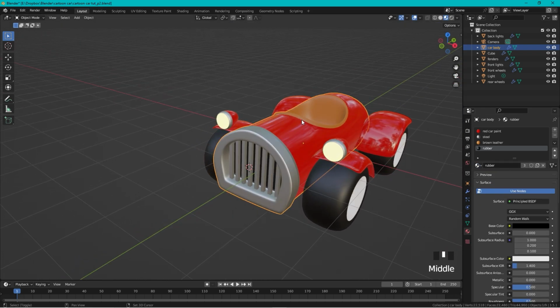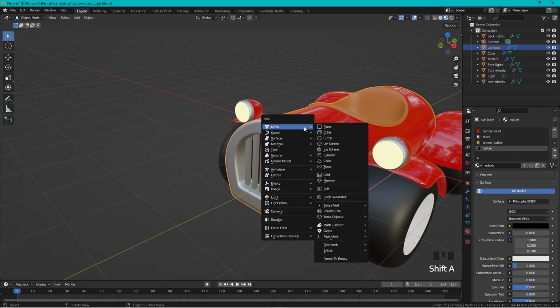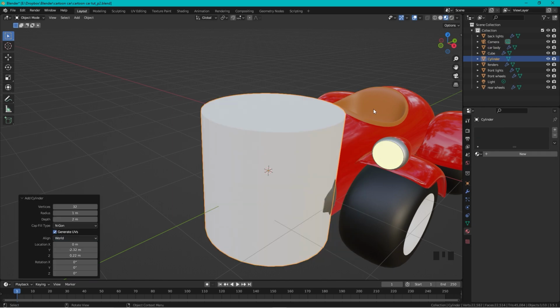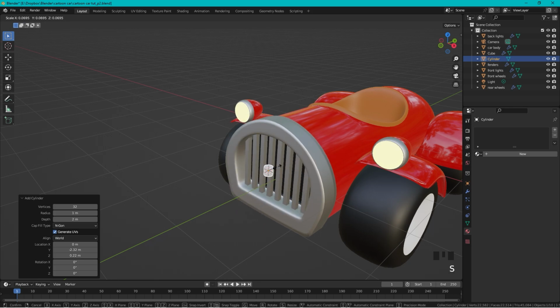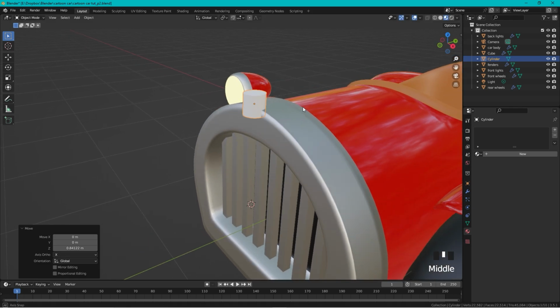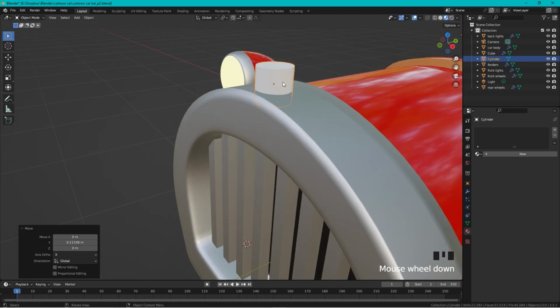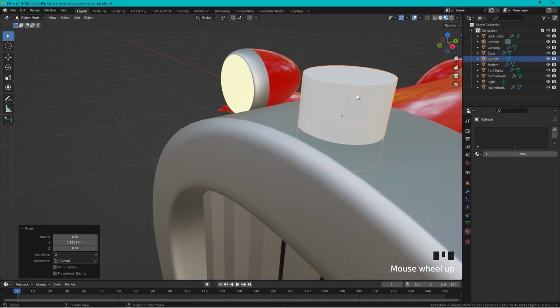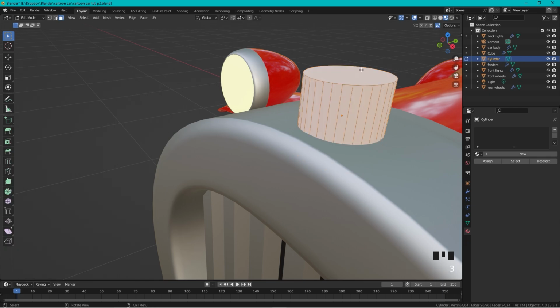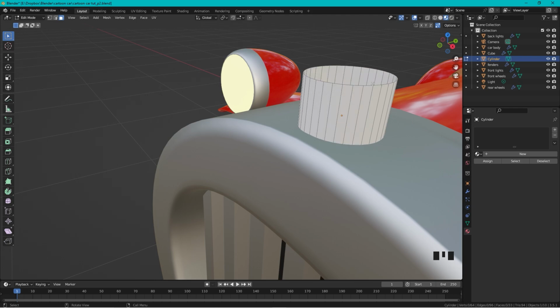Great. And I want to add some kind of ornament up here, so let's press Shift A and let's add a cylinder, scale it down like that, press G and drag it up, move it in, so G and Y, drag it here, and we can enter edit mode. Let's press number 3, select this one, X to delete the face, and back to number 1, select all of these, and G and Z, like that,